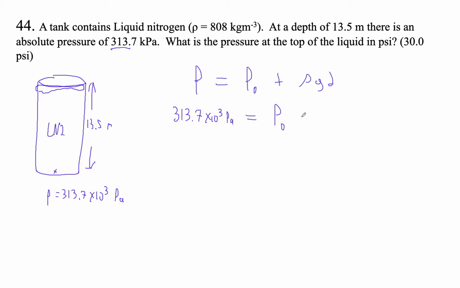All right, so let's see. So pressure naught plus our density, which is 808 kilograms per cubic meter, right? Times 9.81 newtons per kilogram, right? Times 13.5 meters. I guess we're just solving for that. Okay. So 313.7 times 10 to the third minus 808 times 9.81 times 13.5. And I get that the pressure above the fluid is